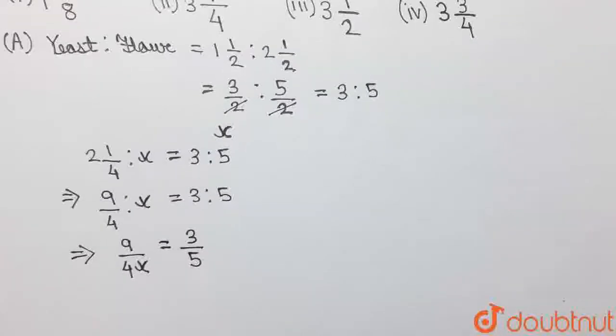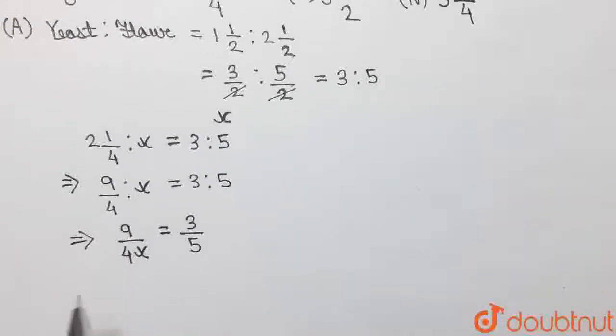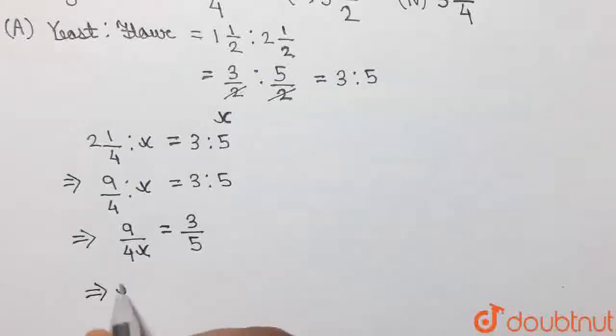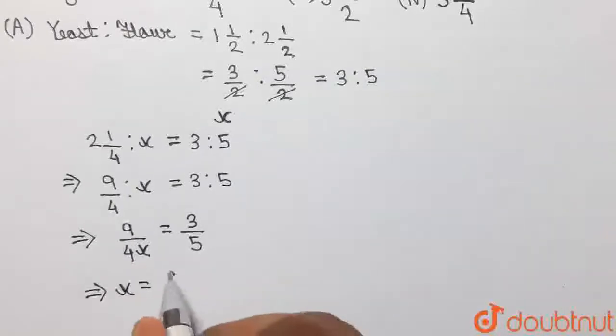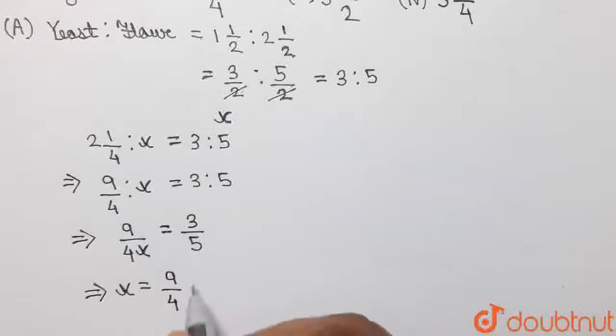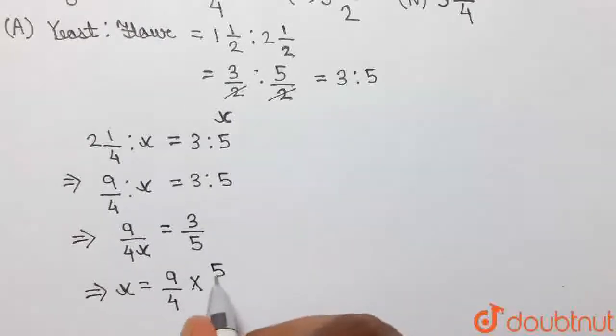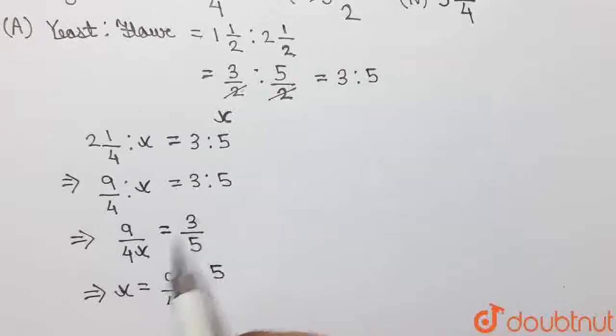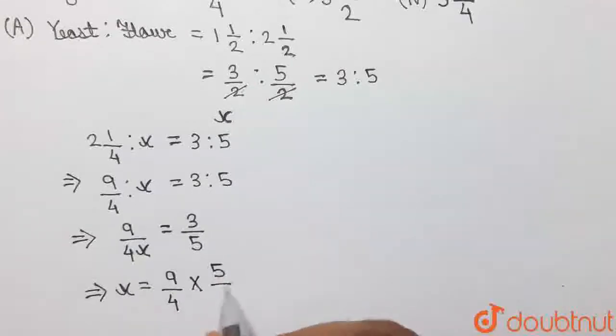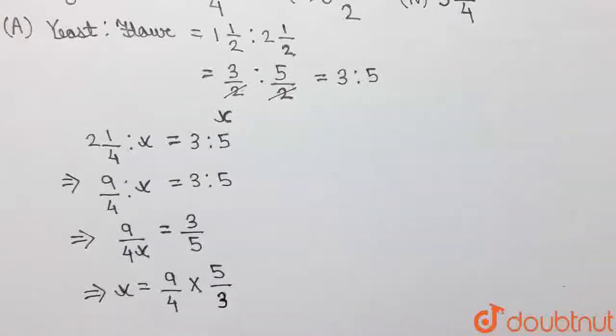So finally in this equation, taking x over to this side of the equation and 3 by 5 to this side, we can write that x equal to 9 by 4 into 5 will go to the numerator and 3 will come down to the denominator on the other side of the equation, and simplifying